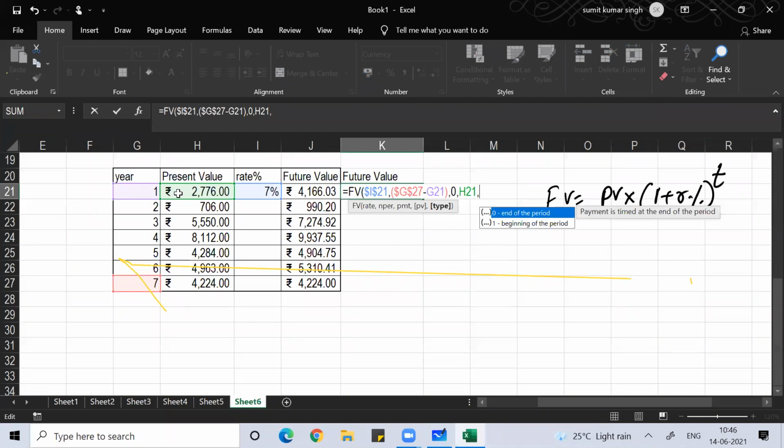So you understand normally the payment cycle and all what we follow many places. We ask, do you want it in the beginning only or do you want at the end? Like I came to a new house. So I'll ask my owner, do you want the rent right now or should I pay you after every month? Or you want right now, then in the beginning of every month. So the end of this first month will be beginning of second month. So you can understand that way. So whenever this happens at the end of the period, we call it an annuity. Whenever it happens at the beginning of period, we call it annuity due.